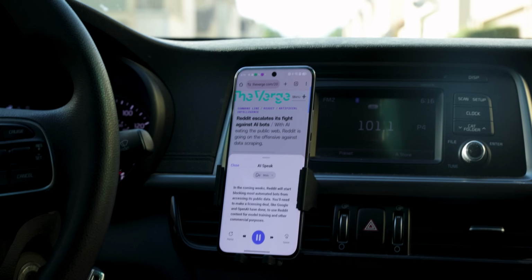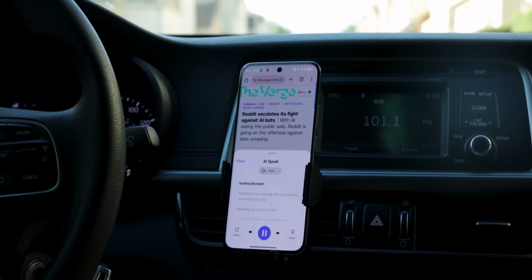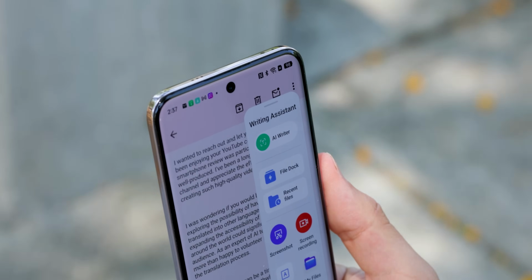There aren't as many as the OPPO Reno12 Pro, and to be honest, I enjoy how ColorOS makes its AI features a lot easier to access within different apps. On the S24, it seems that Samsung has really only made their AI features accessible on their apps, and not